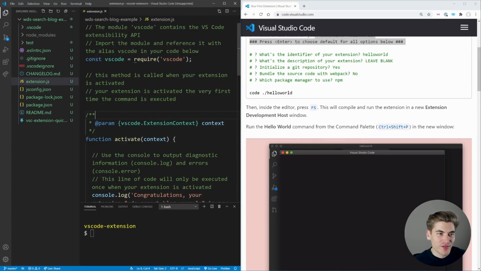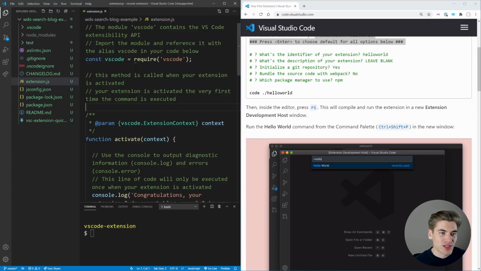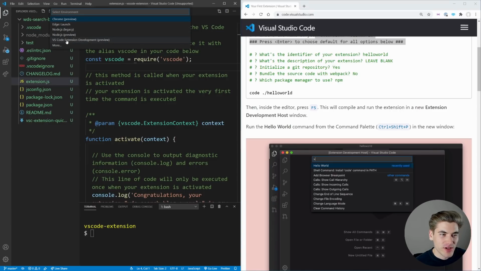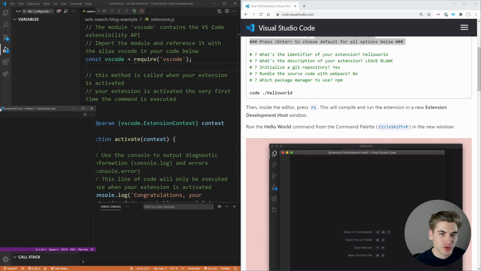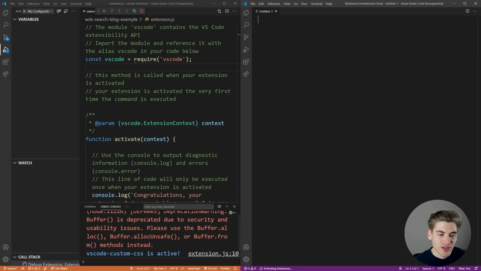Now, before we start diving into exactly what all of this code does, first we're going to run the program because it already has a default Hello World application installed. To do that, you can click the F5 key on your keyboard and it asks where you want to start this up. You can say VS Code extension deployment preview. If we click on that, it's going to open up a new VS Code window. I'll drag mine over so we can see it. And this new VS Code window has our extension installed inside of it.